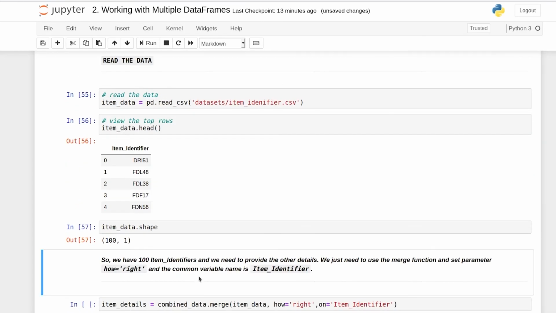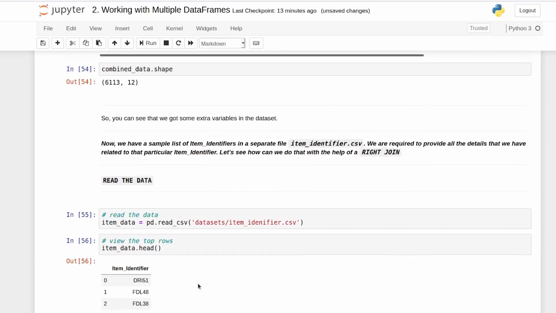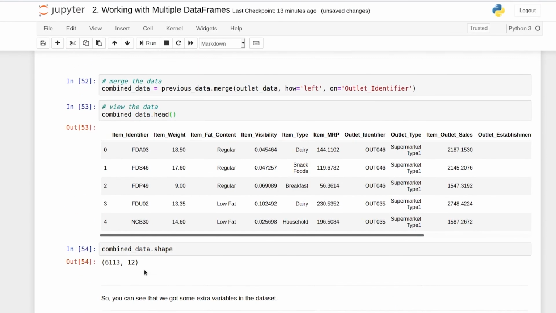Now once again, pause your video and think about 2 things. First, what kind of join we are going to perform, and second, on which column we can perform this join. I think you would have already figured it out by now, but let me just tell you. First of all, the only common column is item identifier, and on that column we are going to perform this